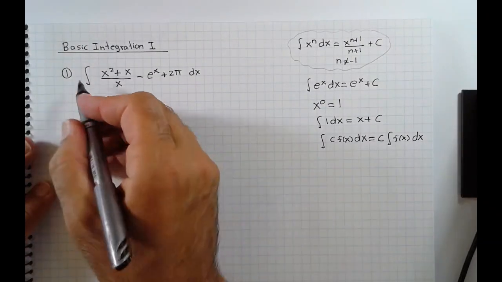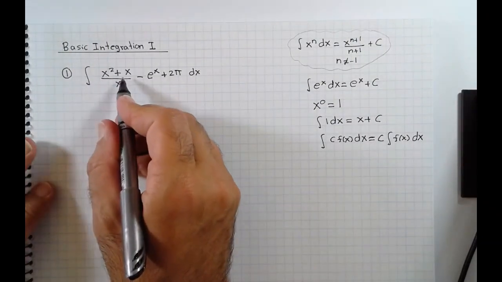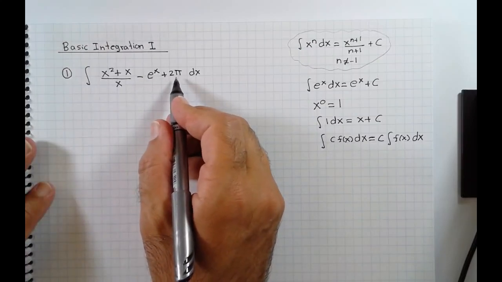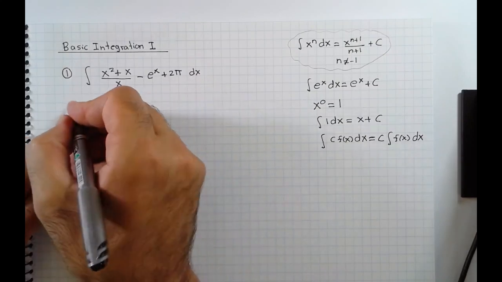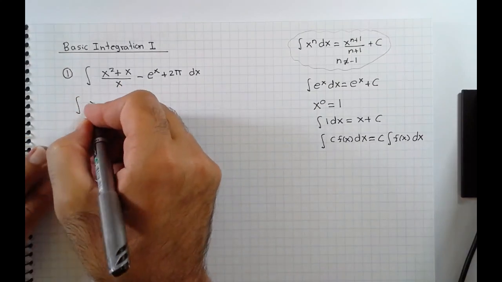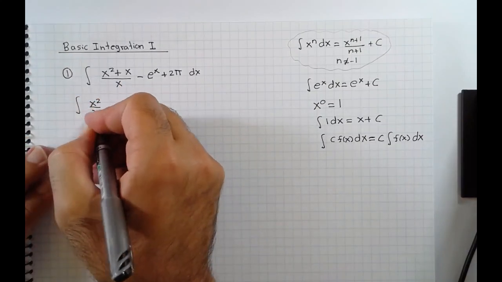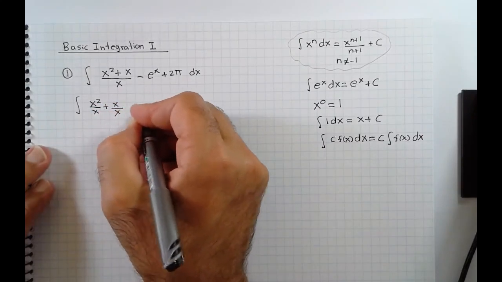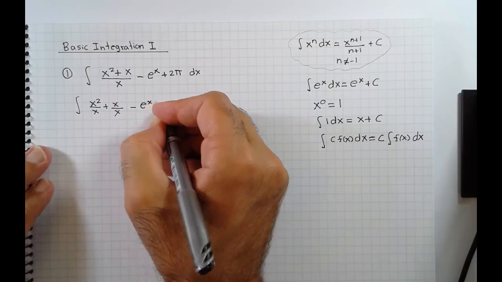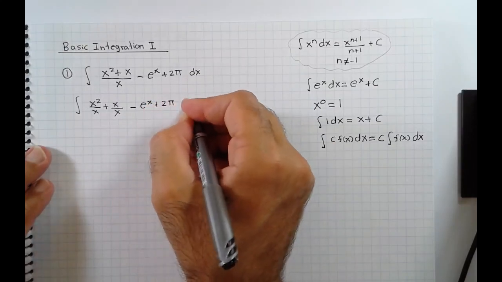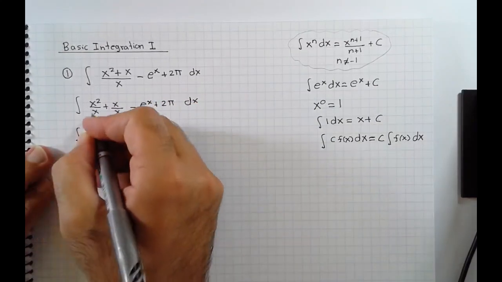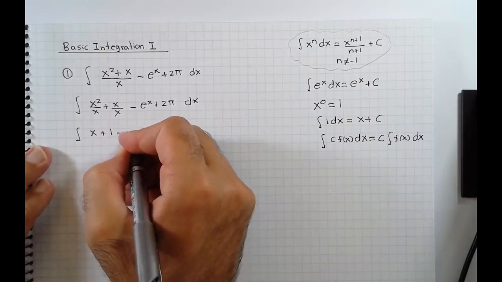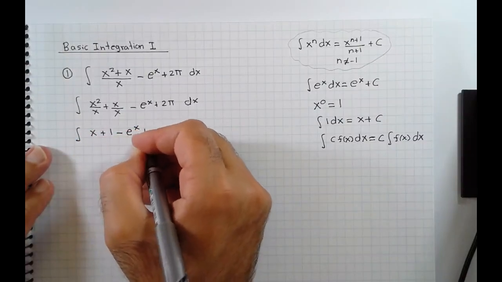Question 1. Integral of (x squared plus x) over x minus e to the x plus 2 pi with respect to x. So we're going to divide this through. That's x squared over x plus x over x minus e to the x plus 2 pi. Therefore, simplifying the integrand, x squared over x is just x, x over x is 1, minus e to the x plus 2 pi